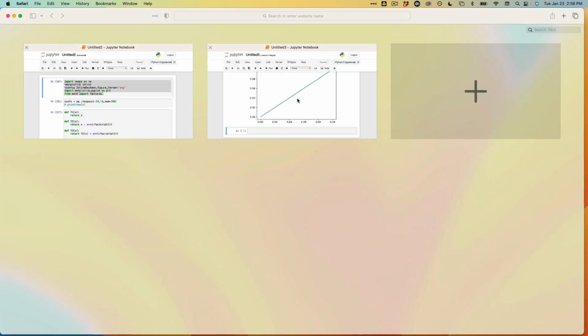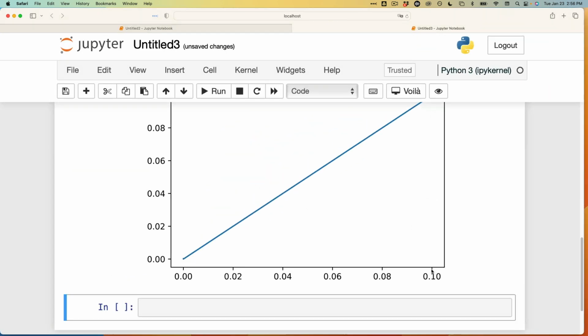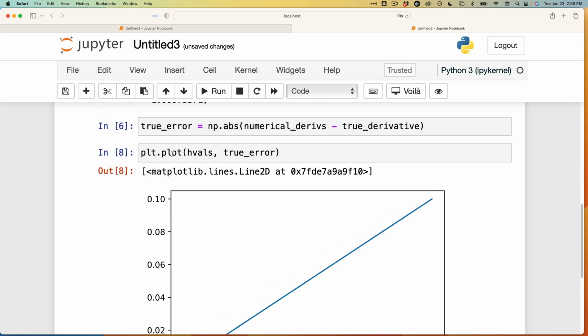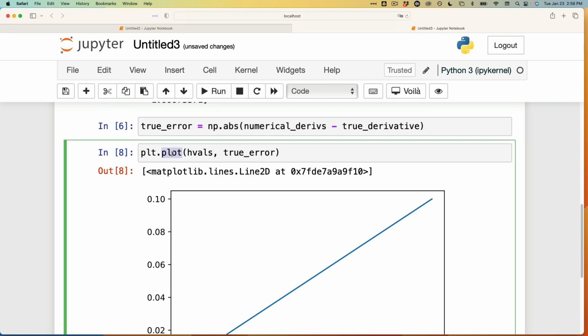So as h is decreasing, starting with 0.1, 0.8, 0.6, 0.6, etc., there's something off here, though. There's a little kink I can see. Let's try a log-log plot. But before I do a log-log plot,